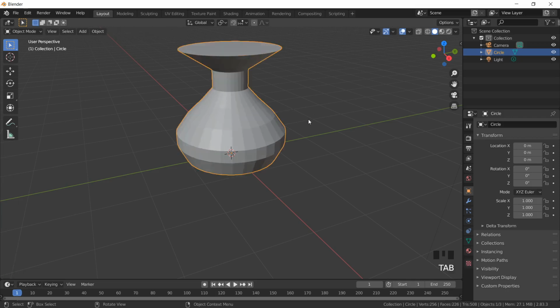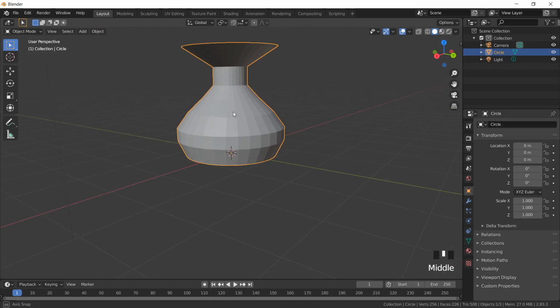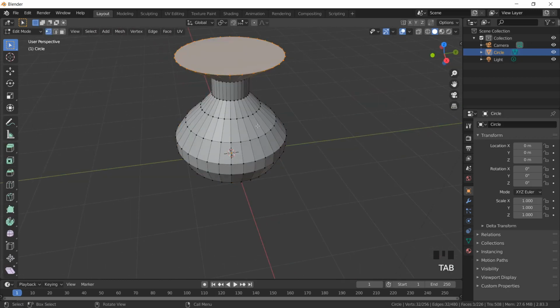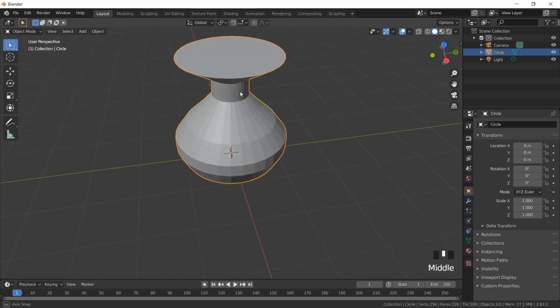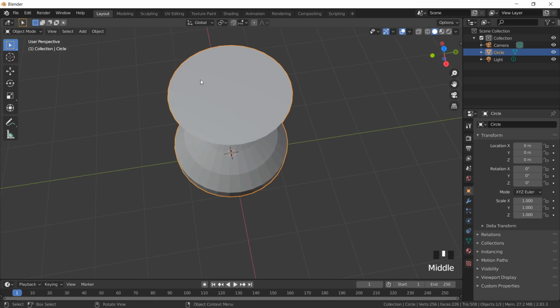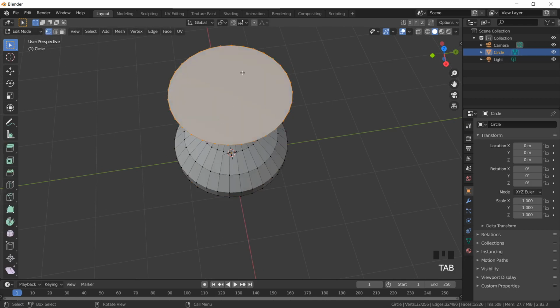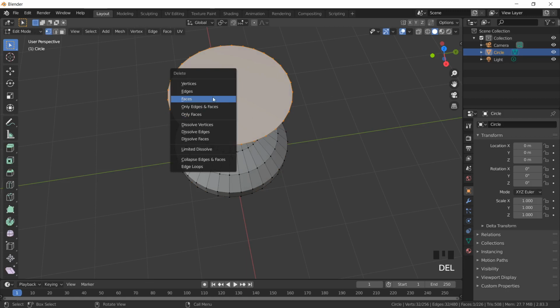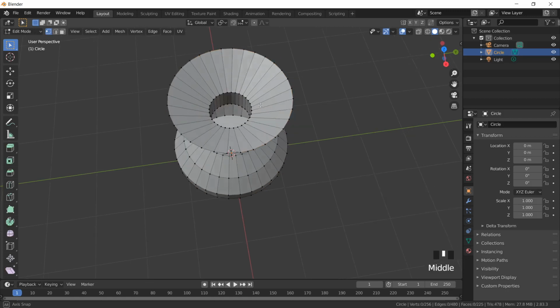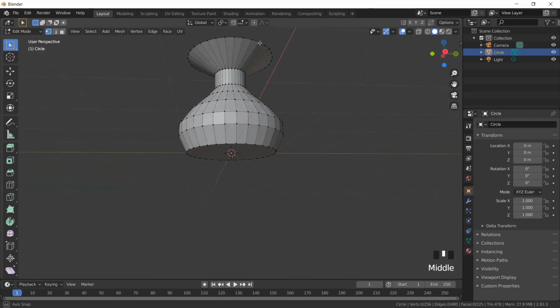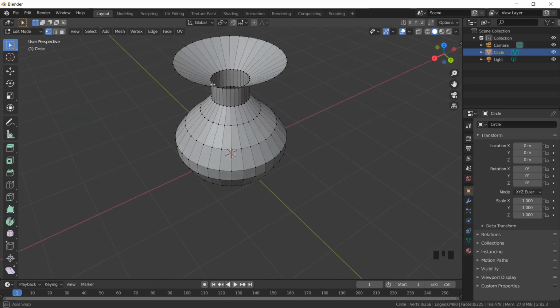When I see this in my normal mode, this is how my vase looks like. Now if I see my vase over here, this vase has a closed structure. So let me just delete this face so I can have an actual feel of a vase. So I'll go to the edit mode. Since this face is selected already, I will just press delete. I will delete the face. Once I delete the face, you can see this vase looks like a complete structure. So let's come back to the normal mode.